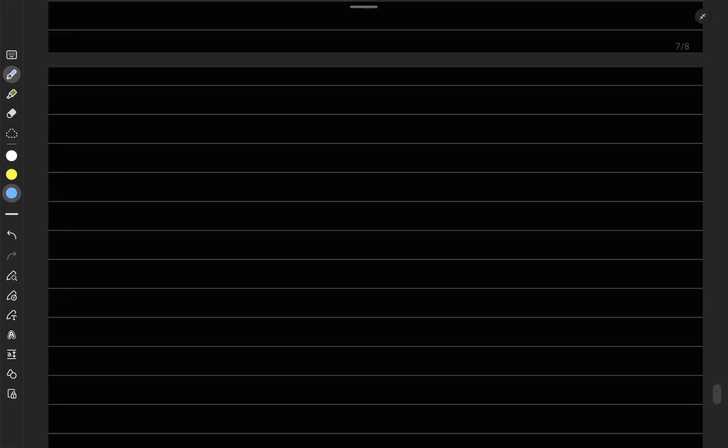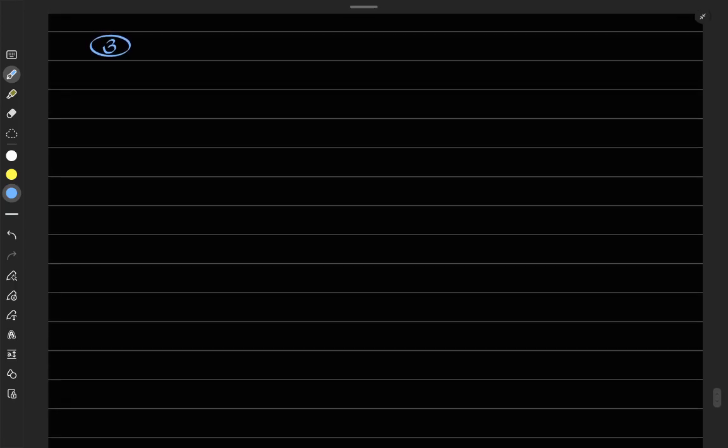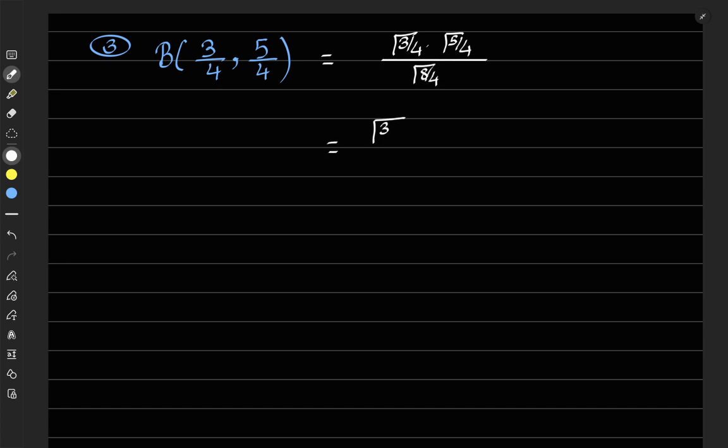We will evaluate a beta function at another value, in which we will use the third result that we have stated in the gamma function. So consider we are evaluating at say 3 by 4 comma 5 by 4. So to evaluate a beta value at this quantity, we have gamma of 3 by 4 into gamma of 5 by 4 divided by gamma of 8 by 4, that is 2. So this will be gamma of 3 by 4 into 1 by 4 into gamma of 1 by 4